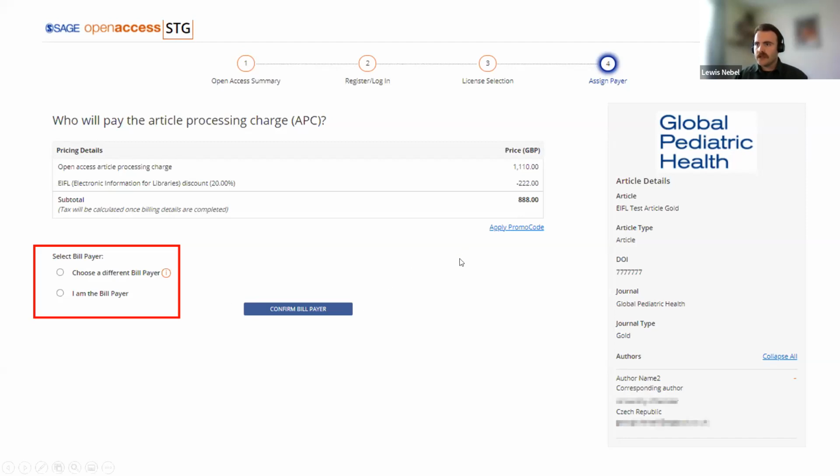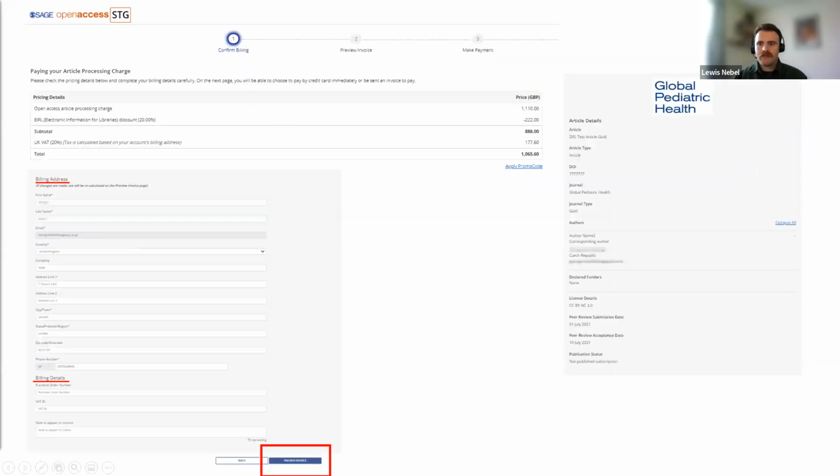So if the author selects themselves as the bill payer, then they can input all of their billing details here. So billing address, billing details, purchase order number, VAT ID if applicable.